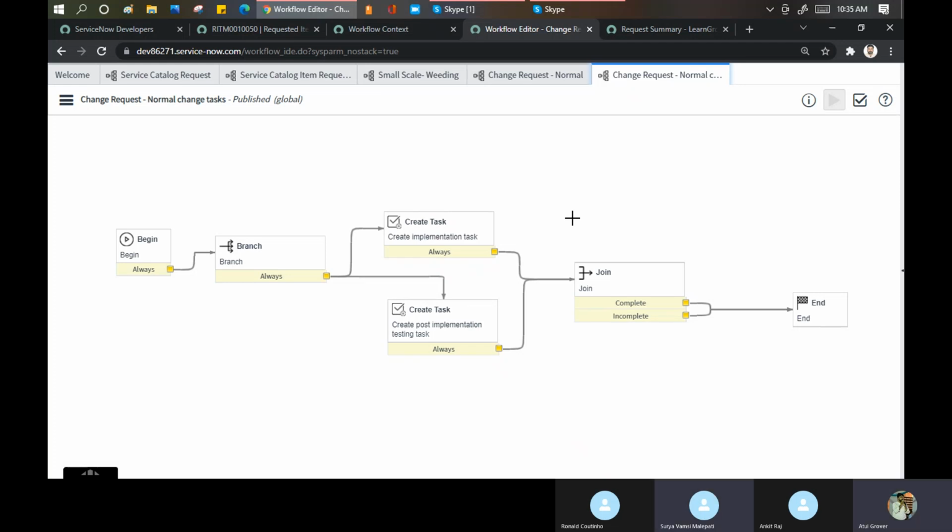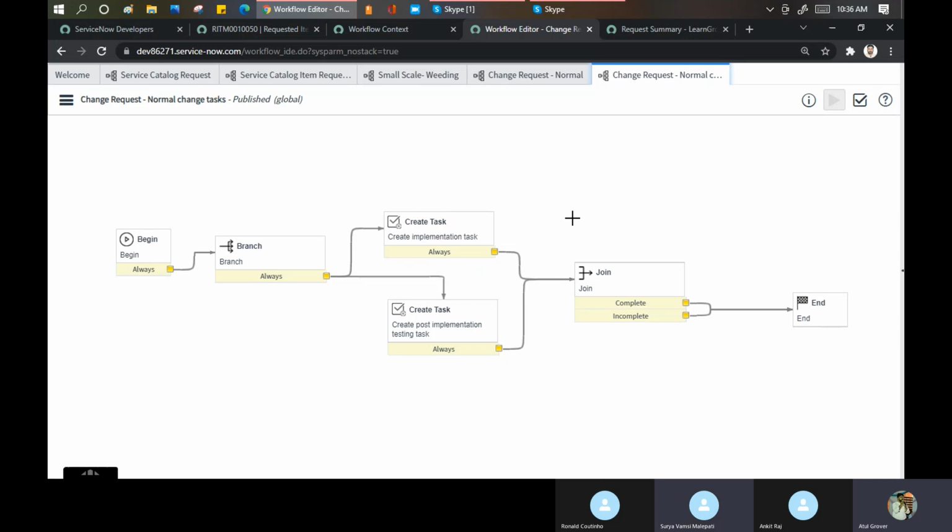If you're saying customization, it means you're already defining something out of the box, not in the box. If you're saying configuration, then you're saying something in the box only. So be clear on your words. If you're saying, Atul, can we make a change in the workflow? Yes, you can make, and this is called the configuration. But Atul, can we make a new workflow? It becomes a customization. Generally, it becomes a customization because this is not a recommended approach.